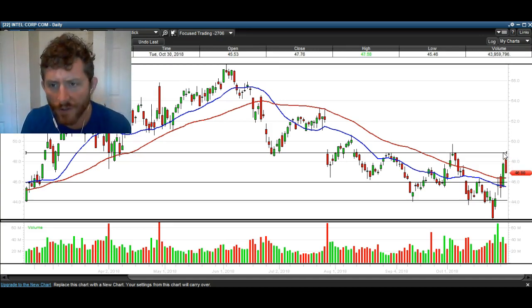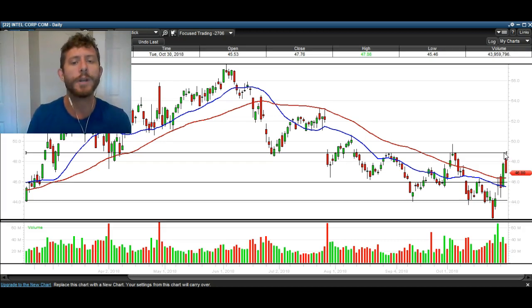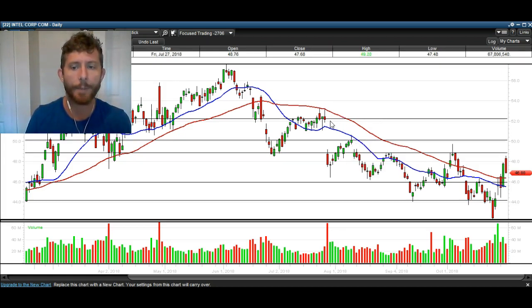about 49 bucks. About 49 bucks, I think, can easily hit. We may even want to come up here and fill this gap or this gap, but just a conservative target up here near about $49 for Intel. So now for the more recent